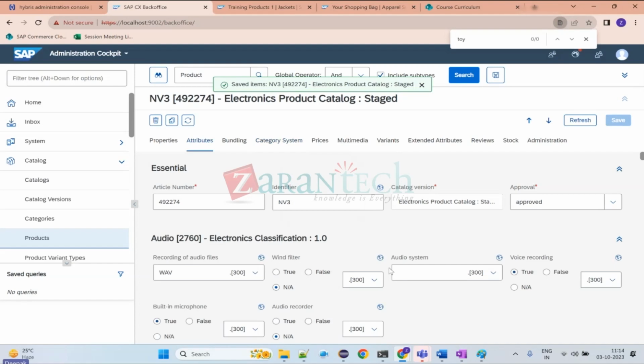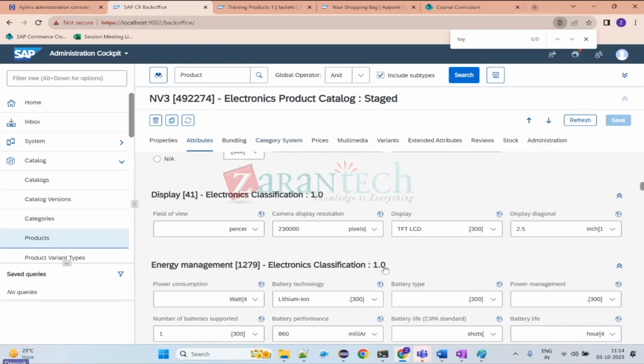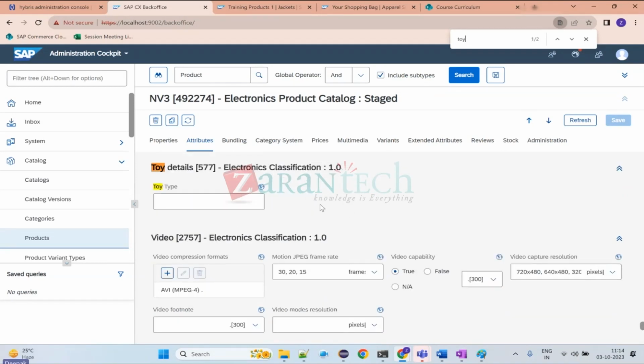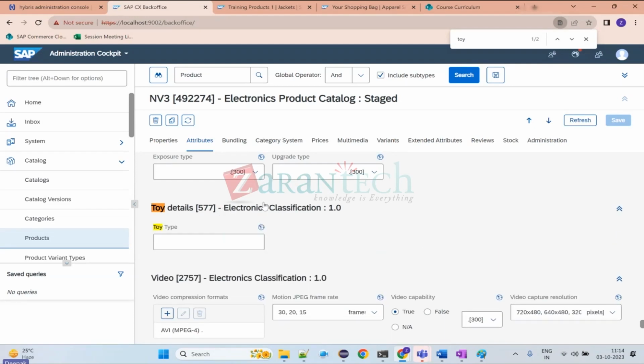This is the attribute now. Now here toy details is coming. Now one more thing is how you understand which one is coming from the classification. Externally they mention that this attribute is coming from the classification system, not from the static one. Okay, not from the catalog, not from the category. Rather, it's a classification system, which means this attribute,